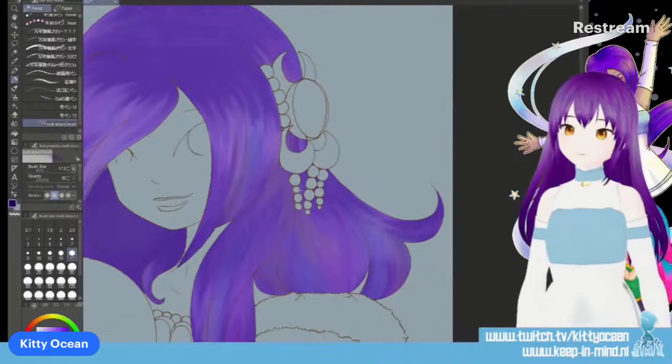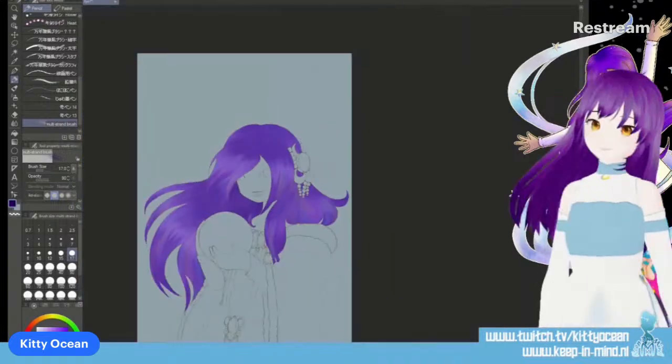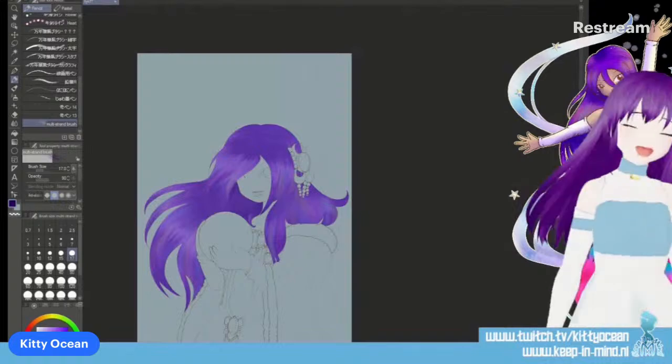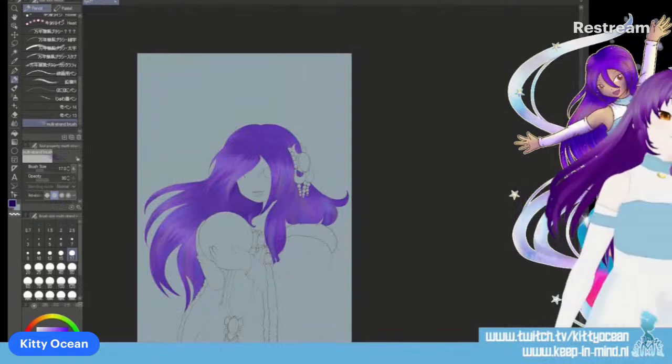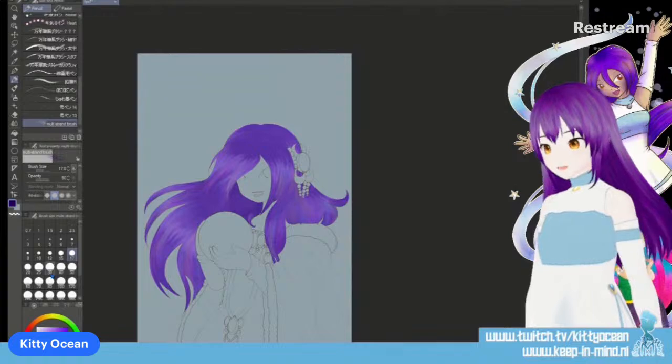Okay. That's layer number 2. You barely see anything of it. I need to make it a bit bigger.